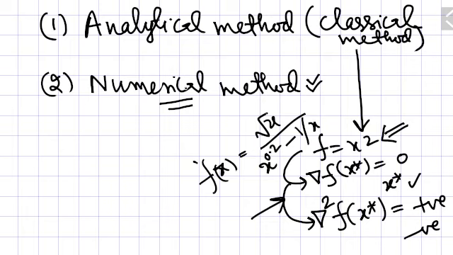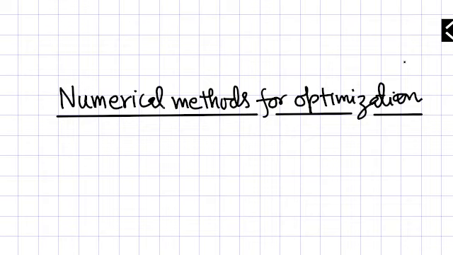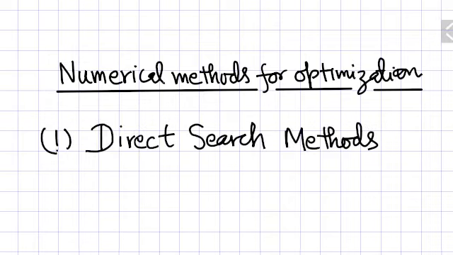So okay, after this introduction we will not be taking this approach here, because we already know about this. We will take the numerical methods of optimization here. So these methods will be our topic of discussion in all these modules. There are types of numerical methods. First comes the direct search method. Number two is gradient based methods. All these are numerical methods.